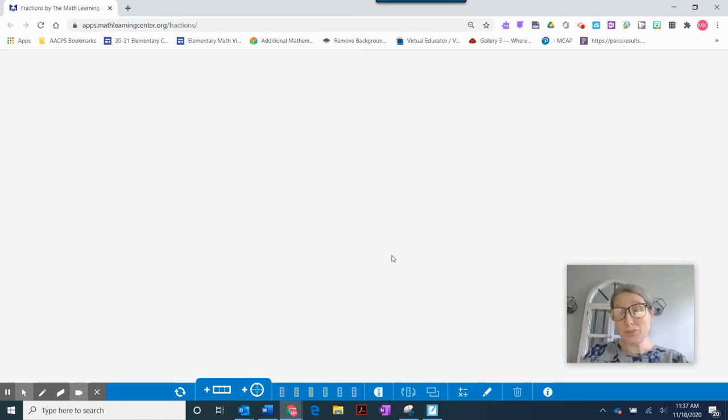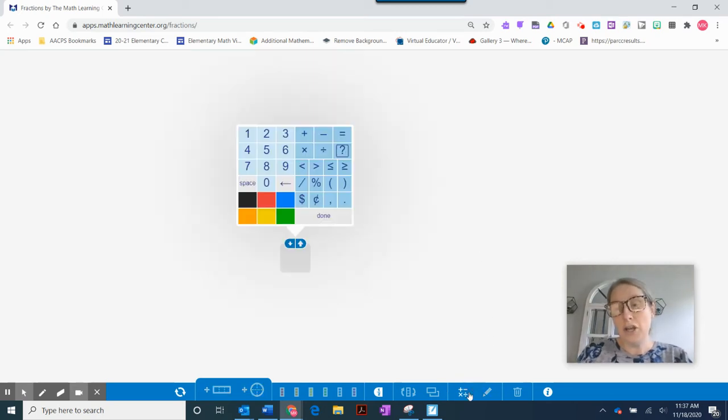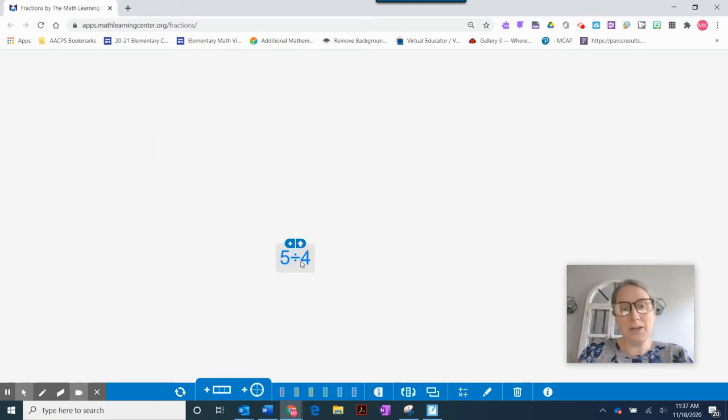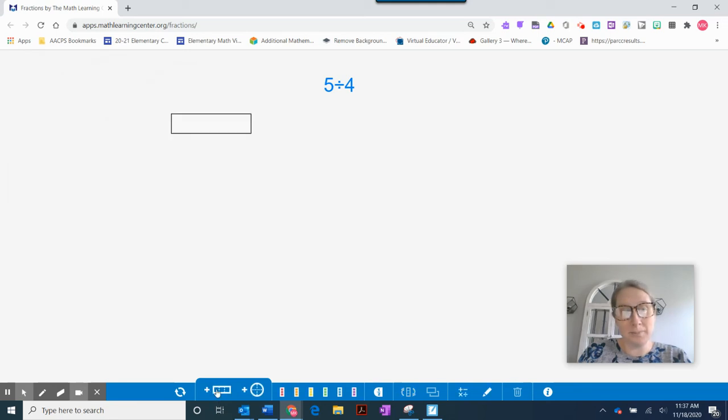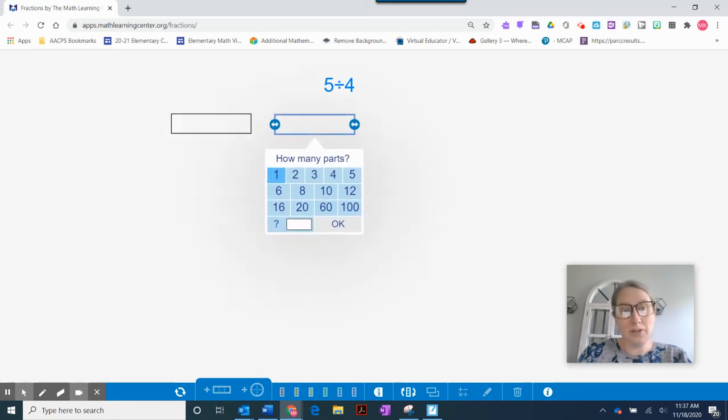So let's just really quickly dive in and talk about what this is going to look like for this standard. So let's say that we have 5 cookies, and we're sharing our 5 cookies among 4 friends, and we need to create a model as to what that looks like. So I'm going to go ahead and start by creating my 5 cookies. So I have 1, 2,